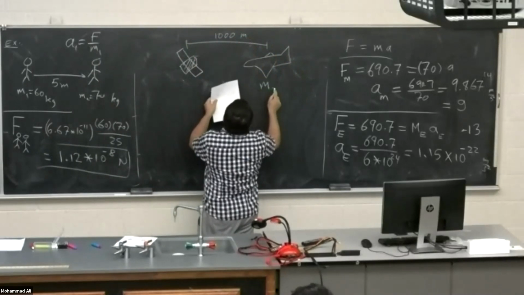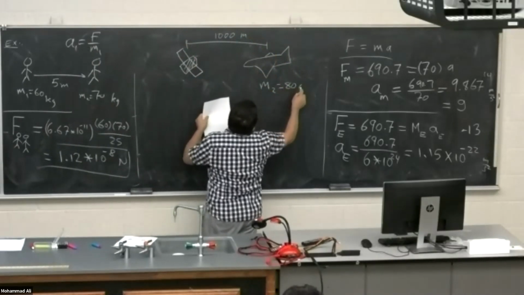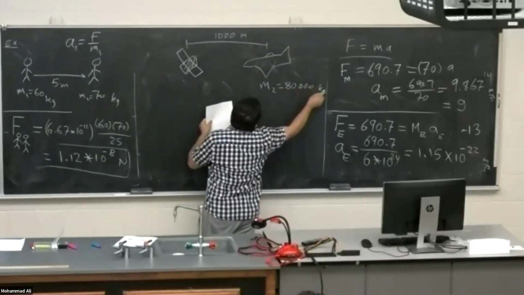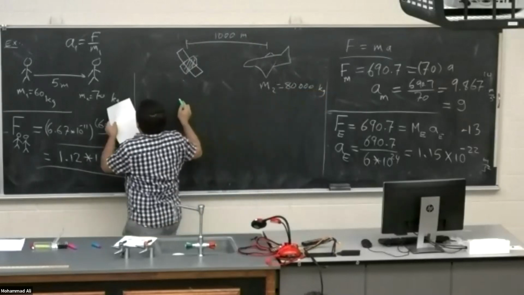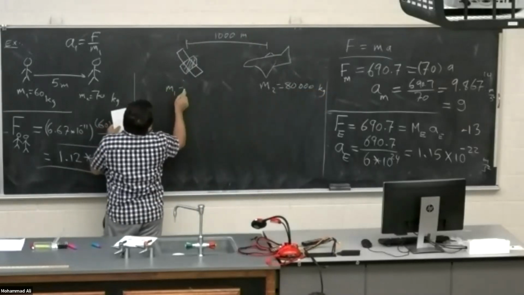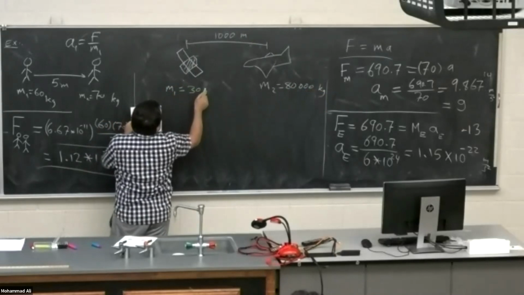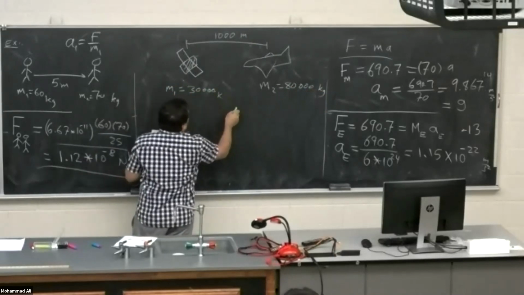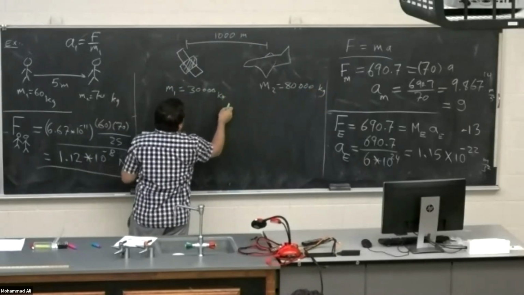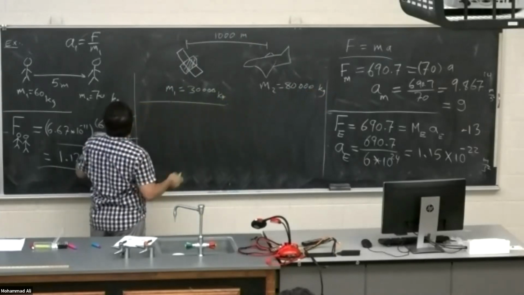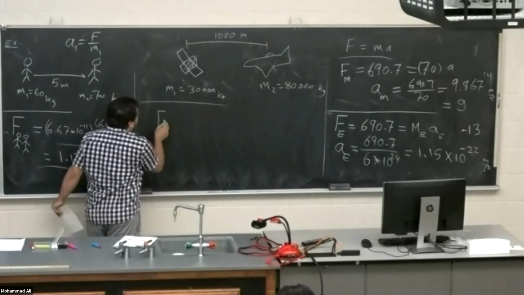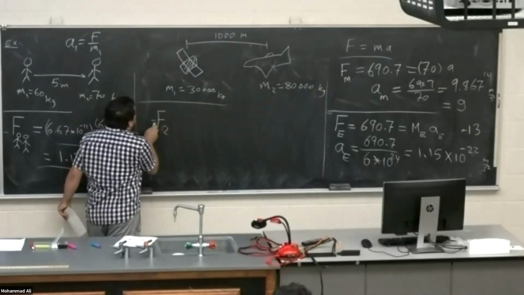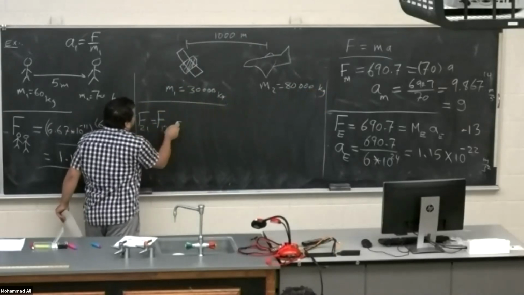This is M2, equal to 80,000 kilograms. Maybe M1 is equal to 30,000, maybe it's the station. What is the force between them? The same thing. F between 1 and 2, which is equal to F between 2 and 1, is equal to